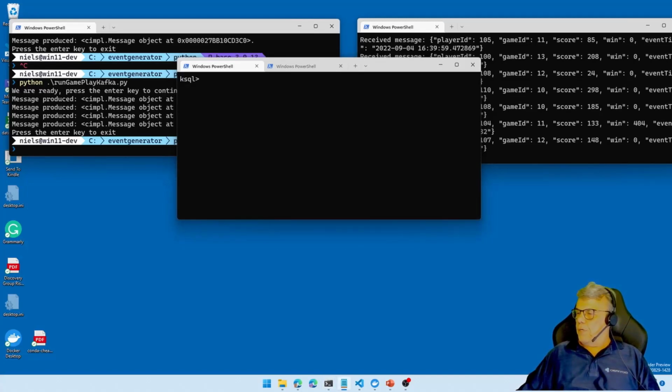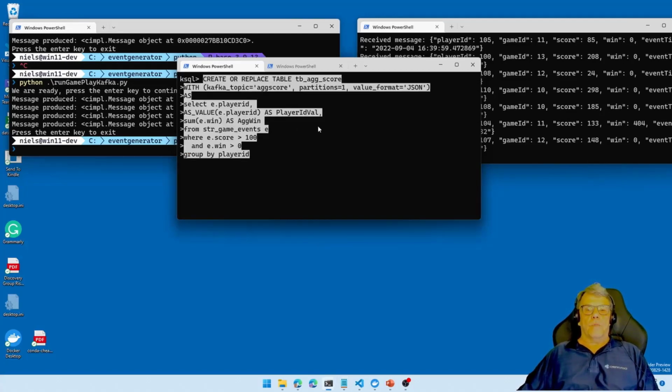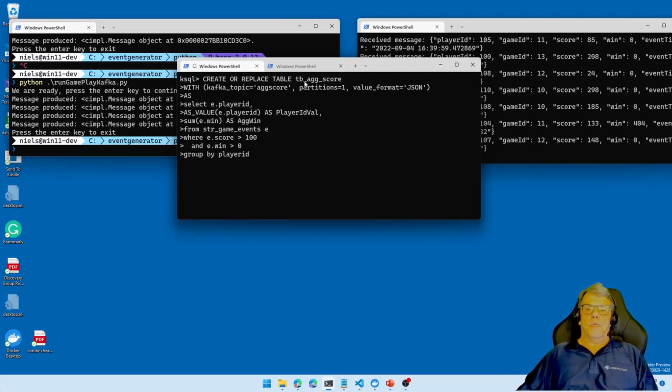So I'm copying my cheat sheet over here. So now we're creating a table here called tb_ag_score. TB for table. I'm an old SQL Server guy. So when I create tables, everything starts with TB underscore something. So here TB ag stands for aggregated and score.